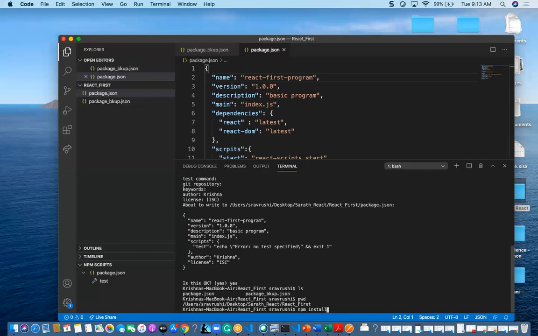If the dependencies are already installed, you can also reinstall. You have to give the same npm install only. Suppose in future you want to change this to some other version, and you give npm install, that will also work. We are just overriding our entry on top of that node modules.